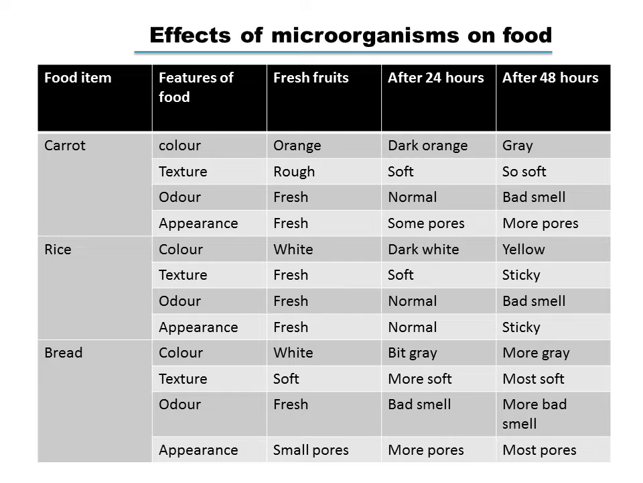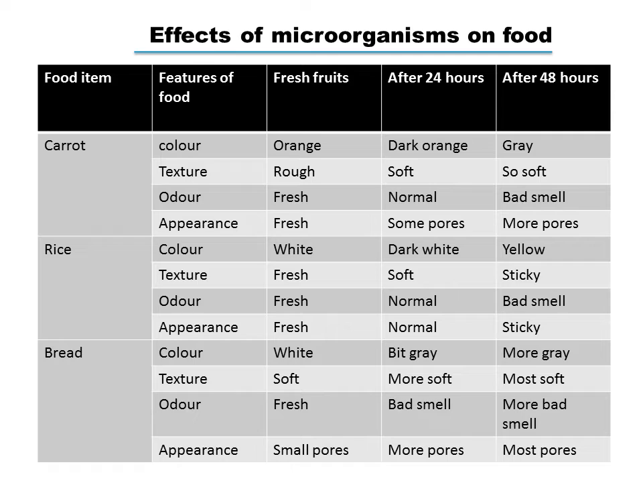Next, we have to talk about rice. The color of fresh food is white, texture is fresh, odor is fresh and appearance is also fresh. After 24 hours, rice turns dark white, texture is soft, odor is normal, appearance is normal. After 48 hours, rice turns yellow, texture is sticky, odor is a bad smell and appearance also has a sticky